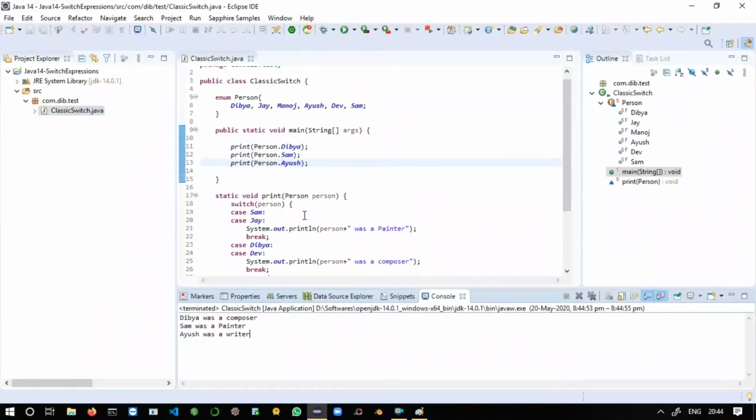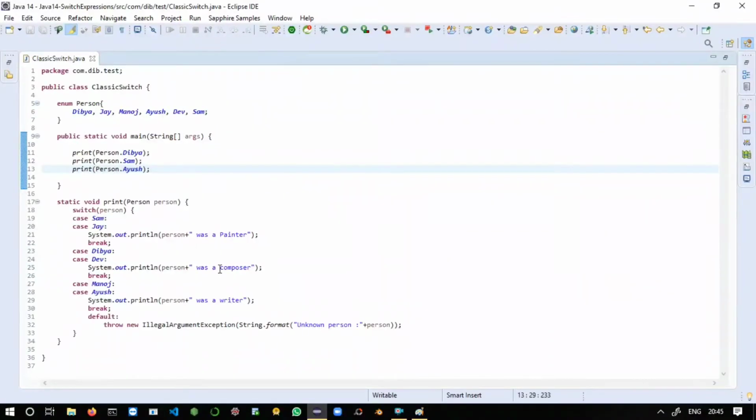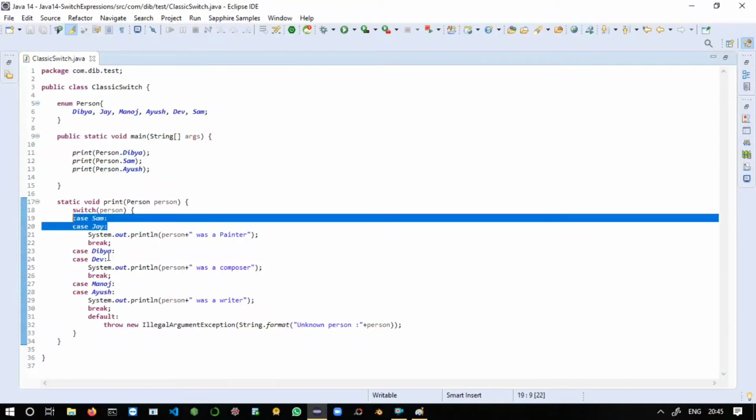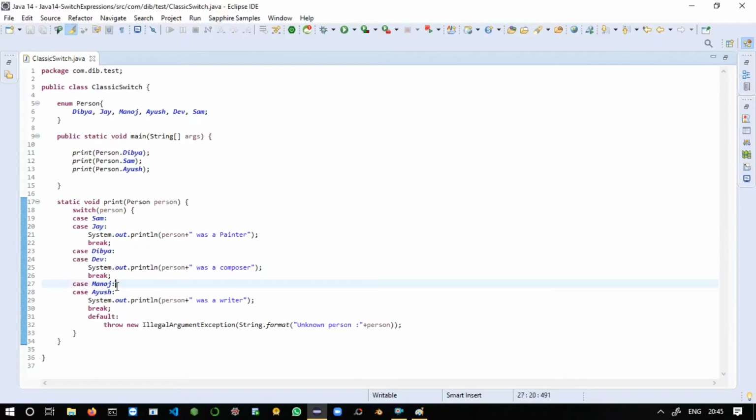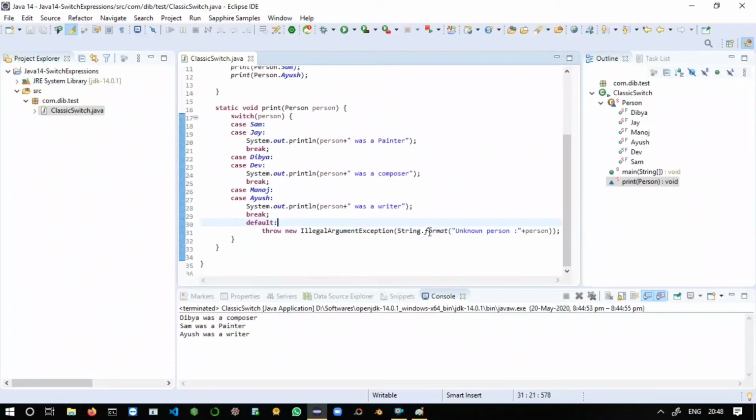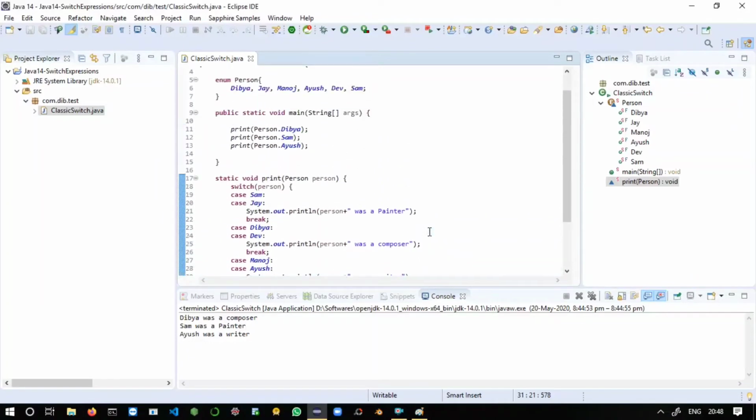So we all know that this is our old approach of switch statements. Okay, so here we have passed one output for two cases. So that's it, all about our traditional approach. So let's take a look at our new approach, which is nothing but switch expressions. So here I will take another class for that. I have shown the old one because you will understand better.